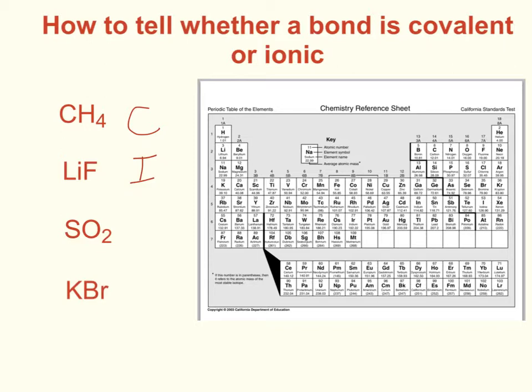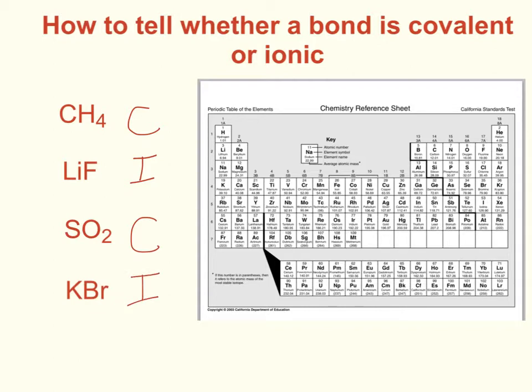Sulfur and oxygen are both nonmetals. So since sulfur and oxygen are both nonmetals, the bond will be a covalent bond. And lastly, we have potassium and bromine. Potassium is a metal and bromine is a nonmetal. So since potassium and bromine are opposites, one is a metal and one is a nonmetal, the bond is an